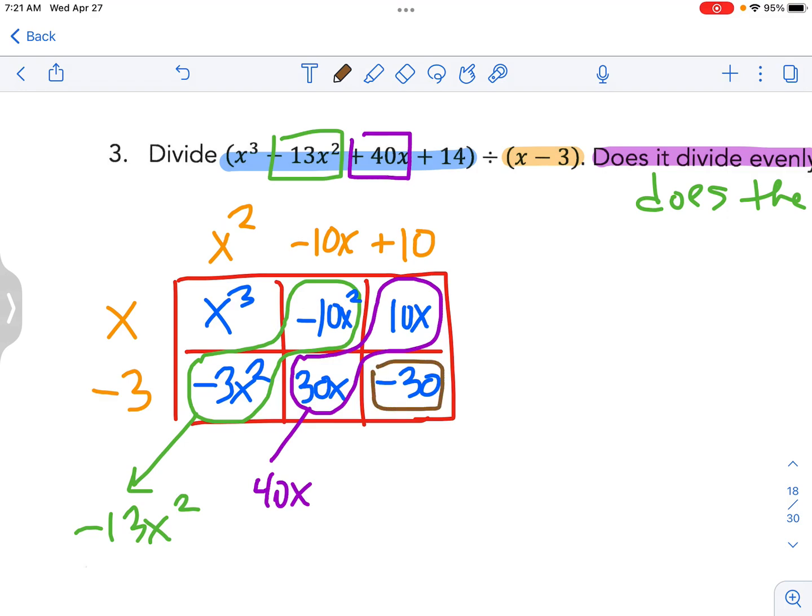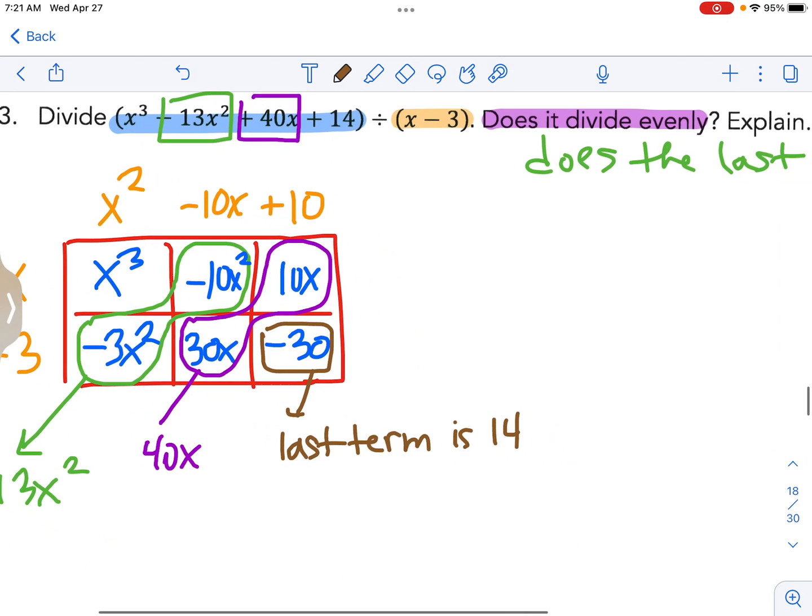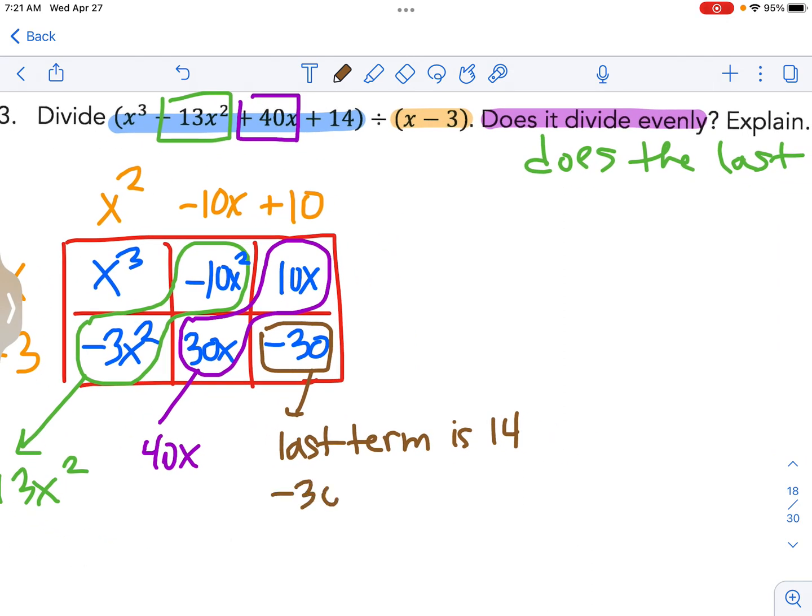This has to match our last term, and it doesn't. Our last term is 14. Well, negative 30 is 44 less than 14, which means our remainder,